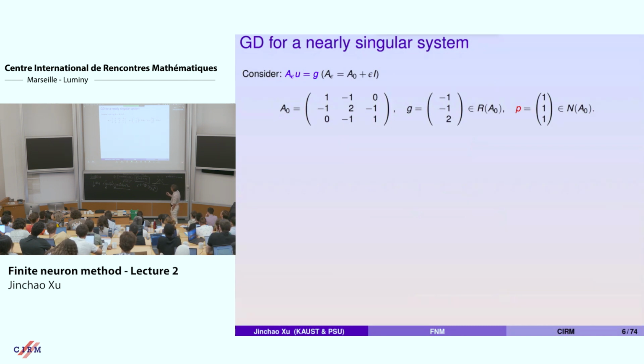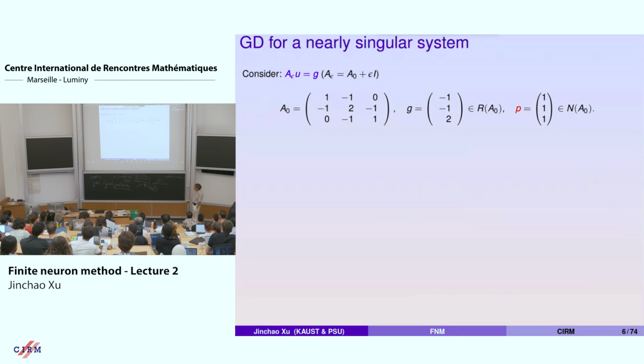Okay, you do a 3x3 matrix. This is a semi-definite matrix, and it's a singular matrix. You can imagine that in machine learning image classification, if I shift my image from left to right a little bit, it's still me. Translation invariant. So in this example, you have a zero eigenvalue whose eigenfunction is a constant function, with row sum equal to 1. I take the right hand side to be in the range of A0, and I do a perturbation